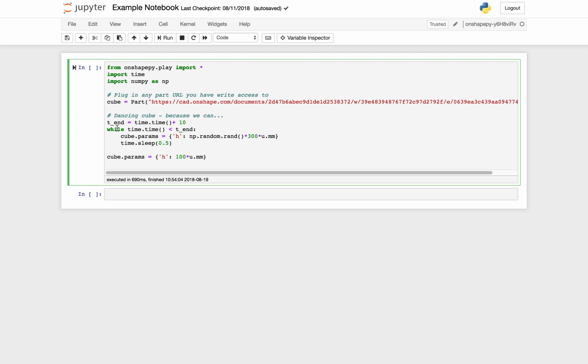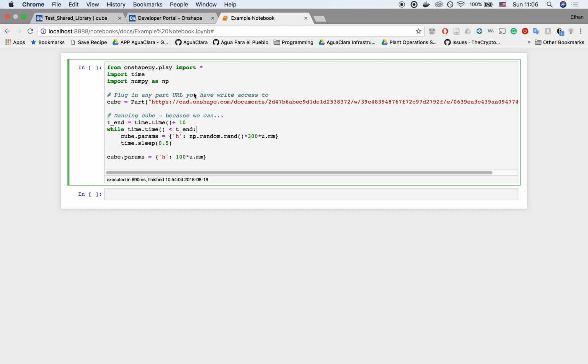So this example shows a cube that changes its height based on a random number generated from NumPy every 0.5 seconds. Because of the latency from my computer to the server, it might change a little less often than 0.5 seconds. But we will run this,